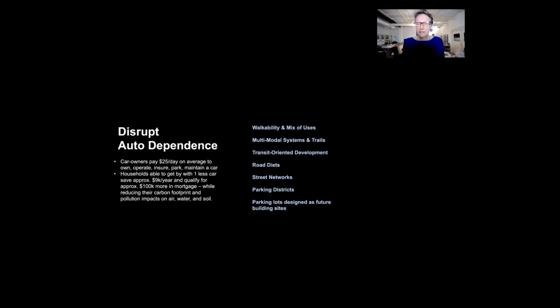If the market isn't there for full-on urbanism, and you have to put in some parking lots, design them as future building sites. It's such an easy thing to do, but just imagine, think ahead, and it can make an enormous difference. So one of the first things I do want to clarify, when we talk about retrofitting suburbia,